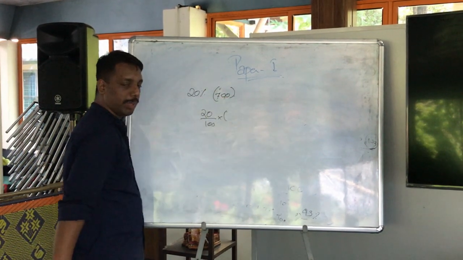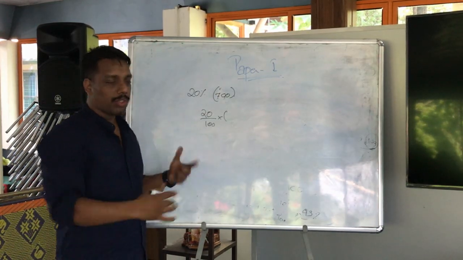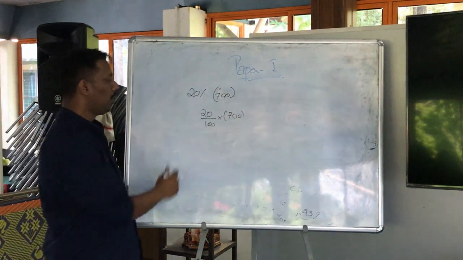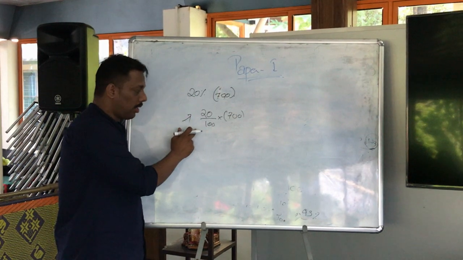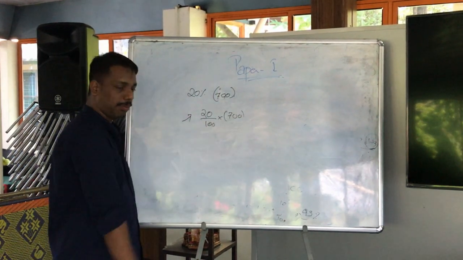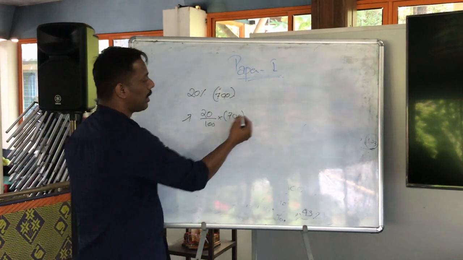700. That will be 700. 20% of 700 you have to find out. So in the conventional method, we put the equation like 20% is nothing but 20 by 100 of 700. This is your conventional method. You can cancel zeros and zero. You will get the answer. But the concept is